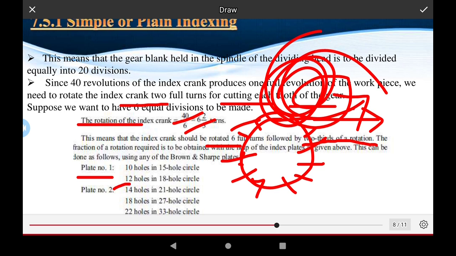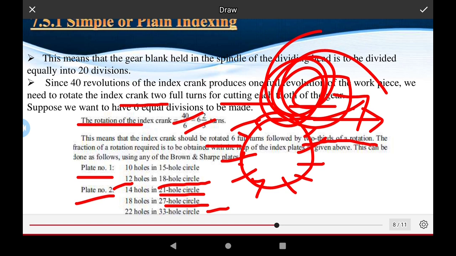And second is plate number 2, with 12 holes in the 18-hole circle, okay, 18-hole circles. And plate number 2 also has 14 holes in the 21-hole circle, and 18 holes in the 27-hole circle, okay, and 22 holes in the 33-hole circle,